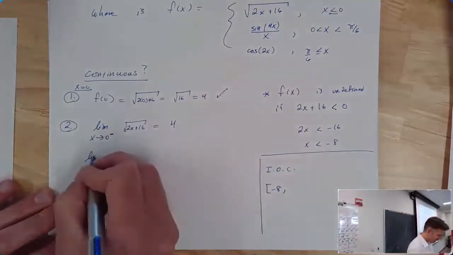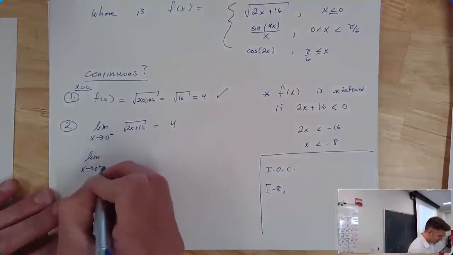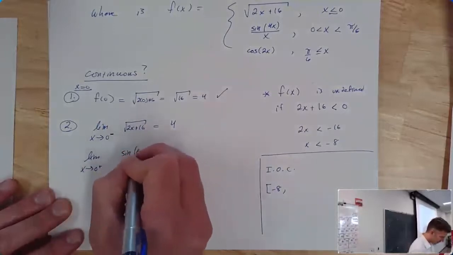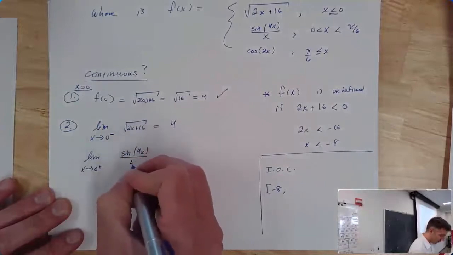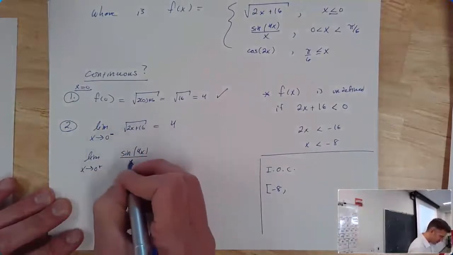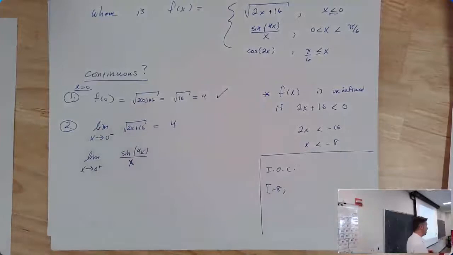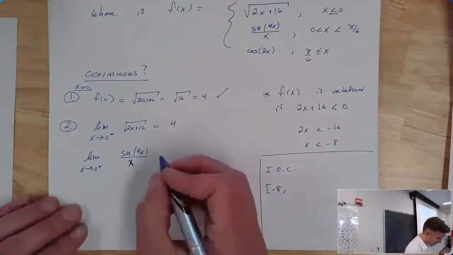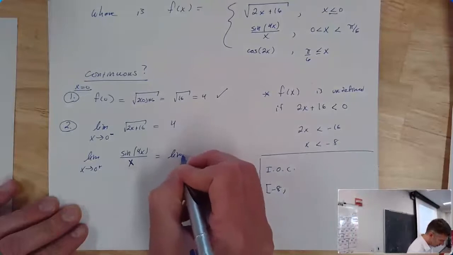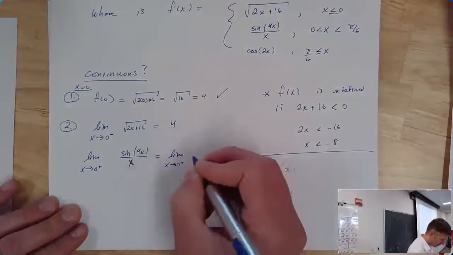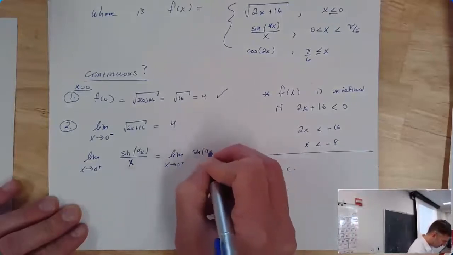From the right-hand side, the limit as x approaches 0 from the right of sine of 4x over x, apologies, is a 0 over 0 type of limit. Plug in 0, you get sine of 0 over 0, which is 0 over 0. And this is one of those ones where we have to use the idea about the fact that sine of a thing over the same thing that's going to 0 has a limit that's 1. So we're going to rewrite this as a limit as x approaches 0 from the right of sine of 4x